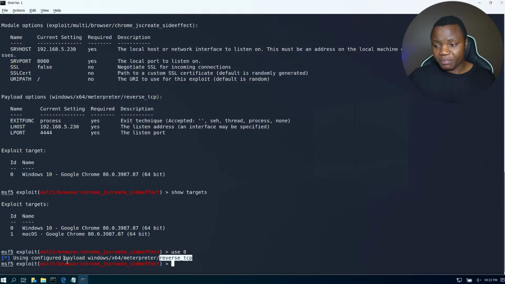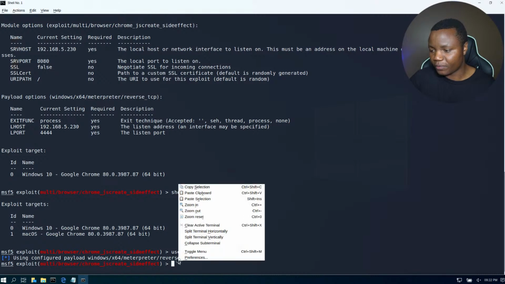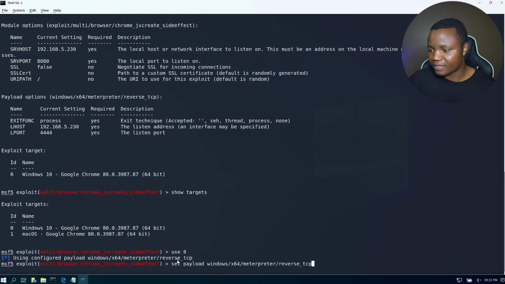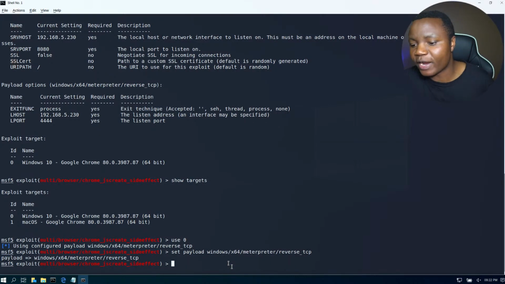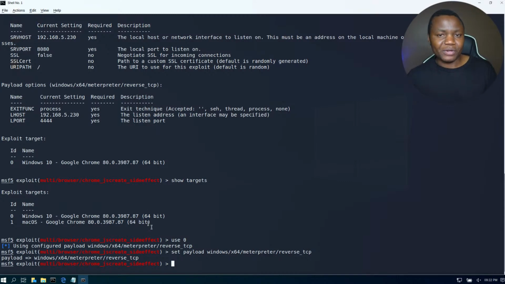This is actually just pre-configured Windows 64 Meterpreter reverse TCP. We could have just used this command here to set payload to make sure, if this didn't come up, we could have just done this right here. Set payload windows/x64/meterpreter/reverse_tcp. That will also have worked, and in this case, it just happened to be the correct one. All right. So here is the moment of truth, right? Now that we have everything in place,